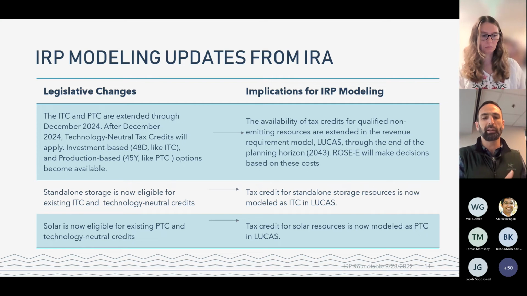And in the IRP, we look at the incremental resource additions. COD is what's important, because that's when the resource starts generating for us. And so if you have an end of 2032 date, that means you're looking at a 2036, 2037-ish date for the COD for the IRP. And so what we're doing instead is applying these tax credits out through the end of the planning horizon. So that's 2043. That's not explicitly in the law, depending on whether you project the reduction of